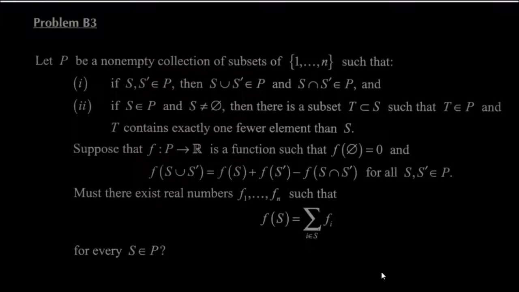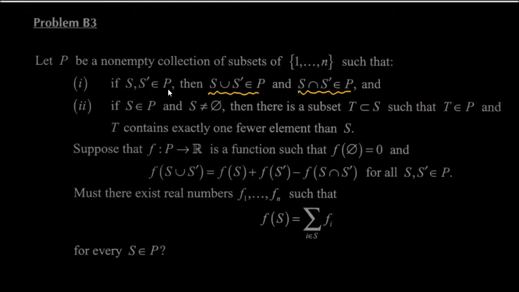Okay, this is my solution to problem B3 of the William Putnam competition, 2013. So first, let's read the question. P is a non-empty collection of subsets of 1 through n such that if S and S prime are from the collection,